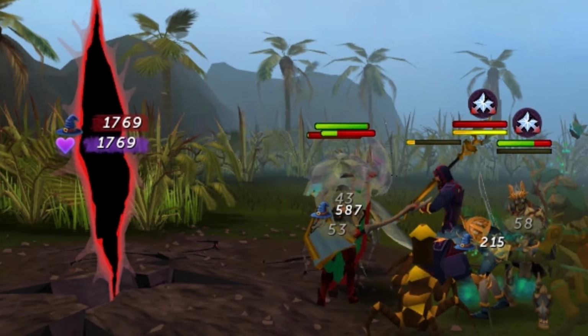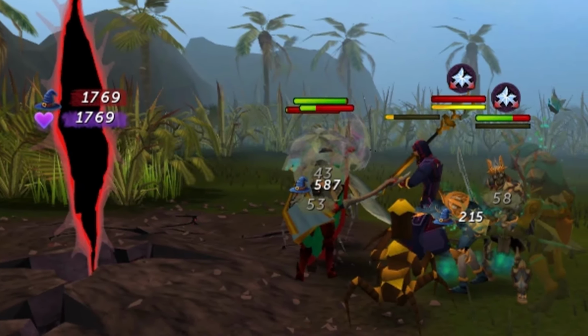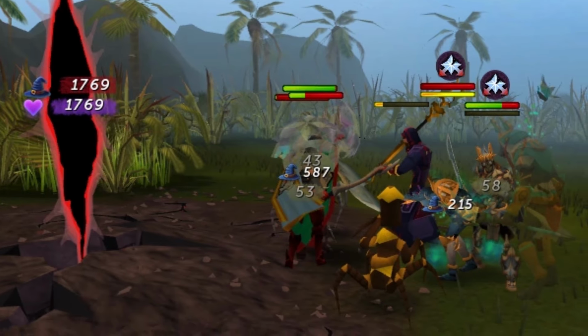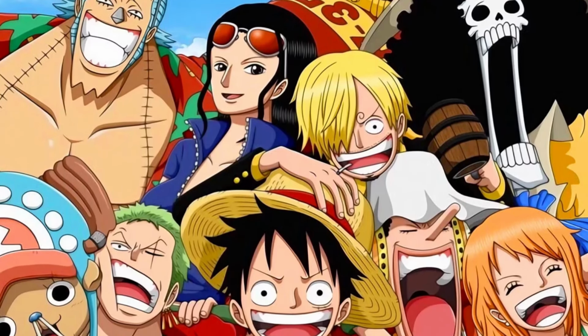And number 7, show their impact on the world. Whether you're creating a hero or villain group, it's likely that they would have a big impact on the world in your story. So you need to think about how this group directly affects your story. For example, the Straw Hat Pirates help a lot of people and they leave a really good impact on the